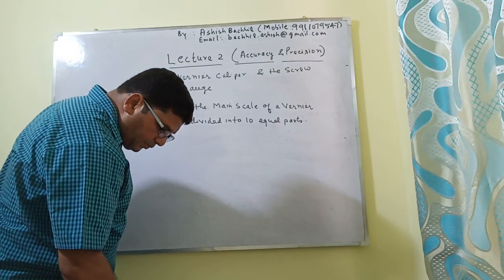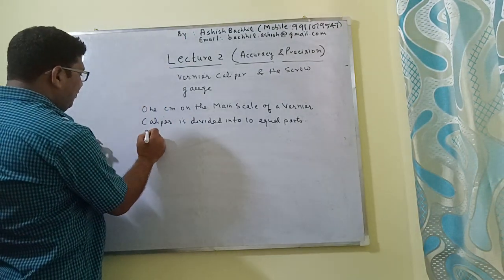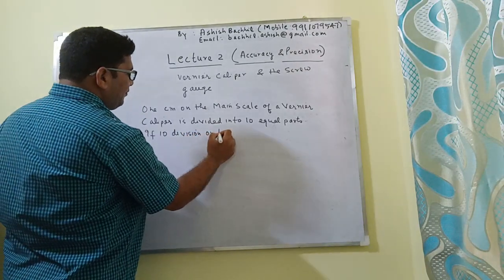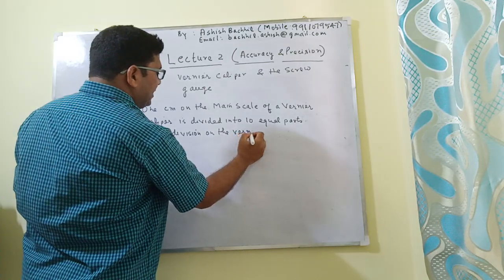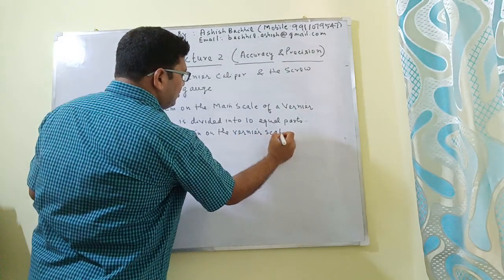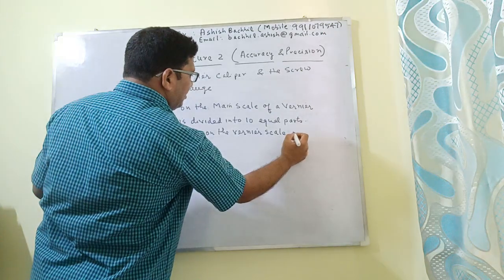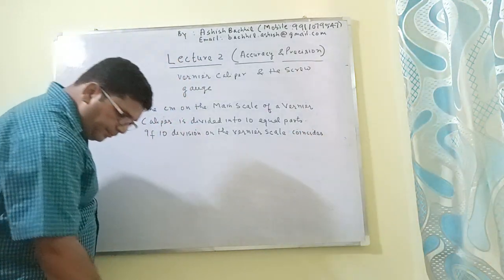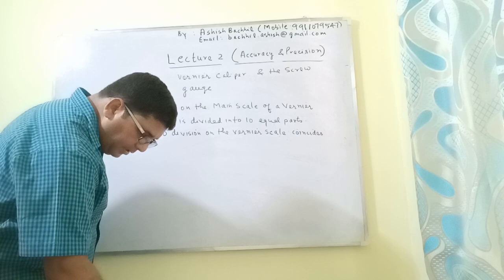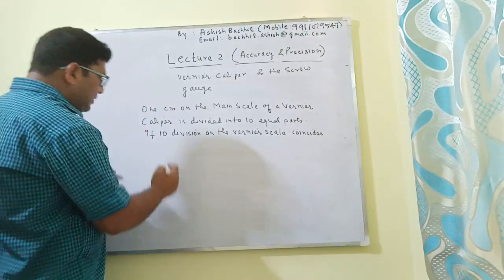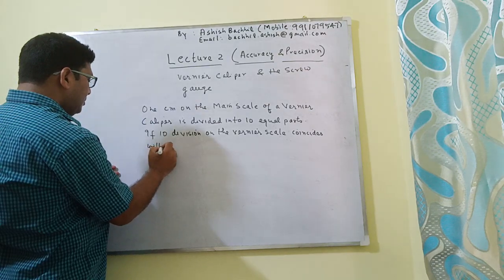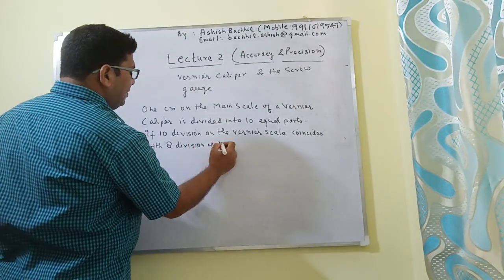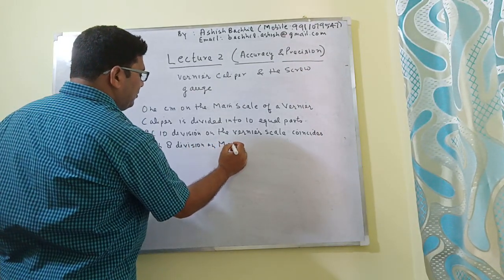If 10 divisions on the vernier scale coincide with 8 divisions on the main scale,